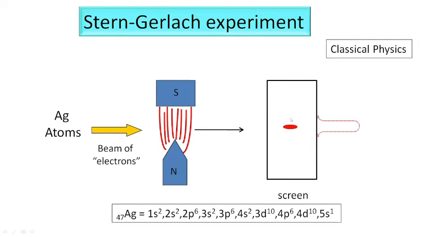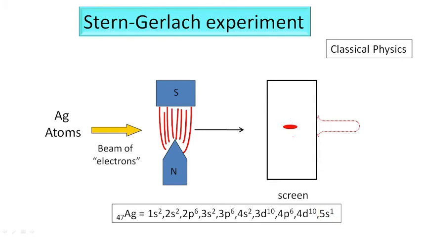The explanation it gives for the vertical deposition of these silver atoms is that this unpaired electron has a certain magnetic moment, and this magnetic moment is oriented randomly in different directions. When it passes through the magnetic field, a force is applied on it from plus mu to minus mu direction, and therefore we have a vertical deposition of the silver atoms.